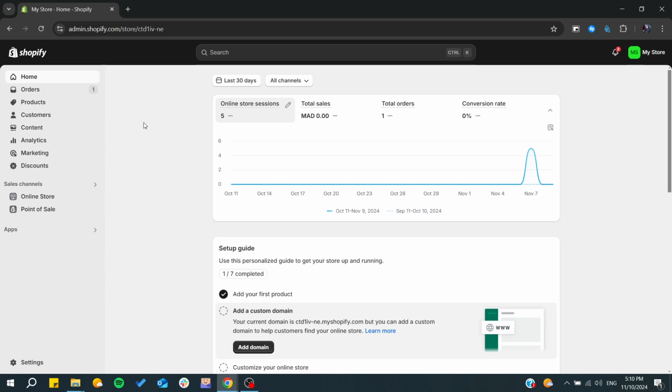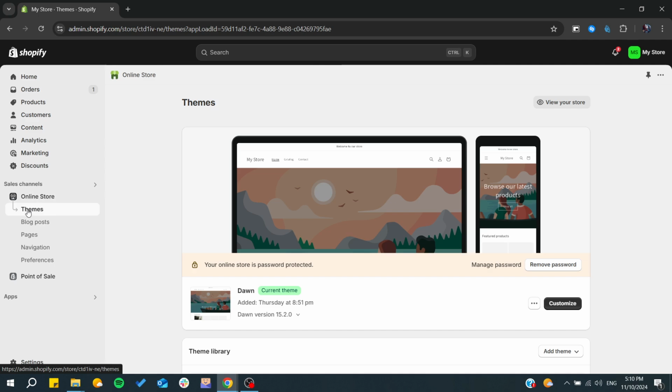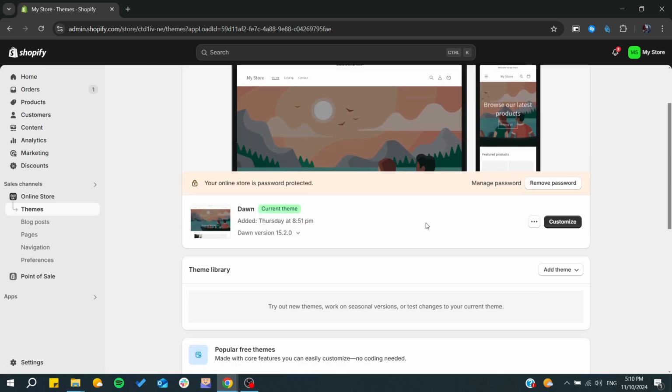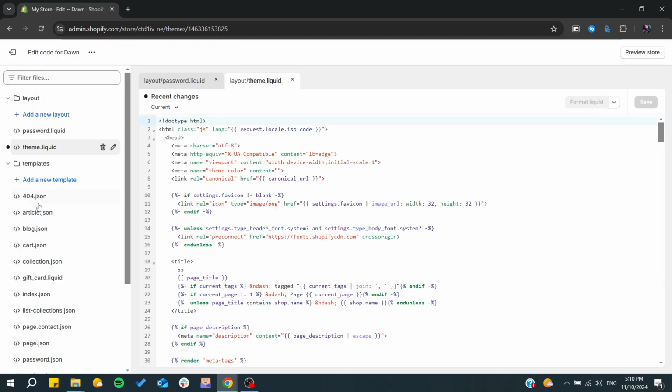So basically, to edit your Shopify store code, you will need first to go to Online Store here in the menu. After clicking on it, here we will find Themes. Make sure you are on Themes, and after that, we will need to start editing the code. So basically all you need to do is go to this three points icon here. We click on it and from here we will find Edit code. So whatever your theme was, you just need to click on Edit code and after that we will start seeing